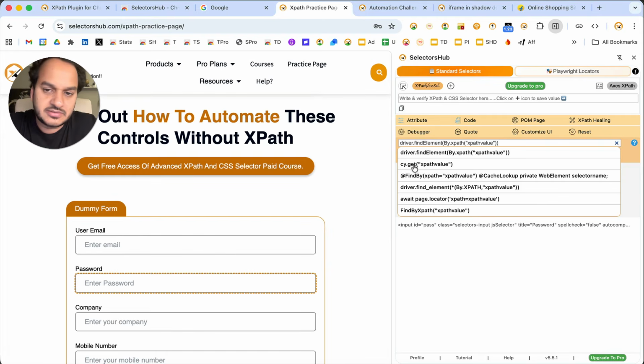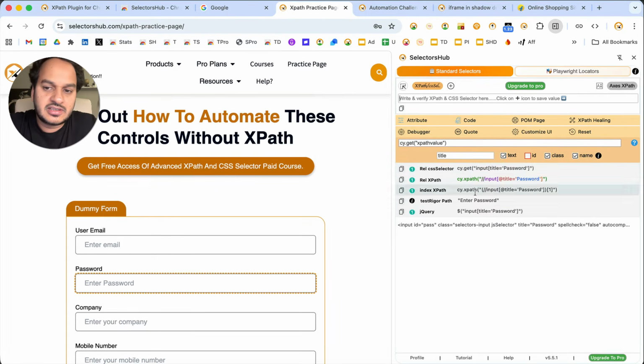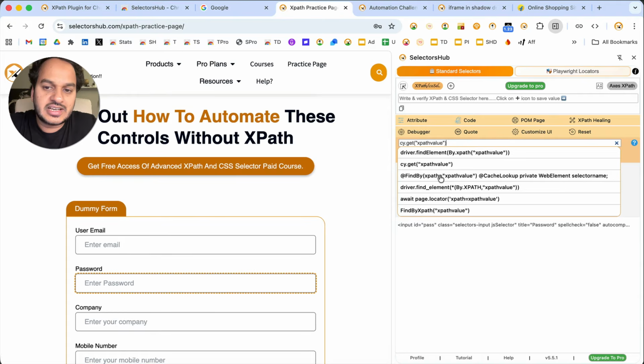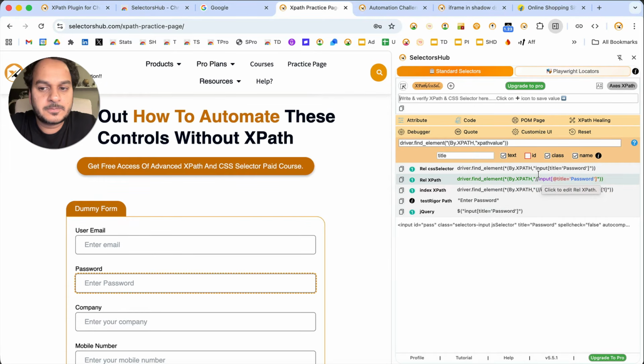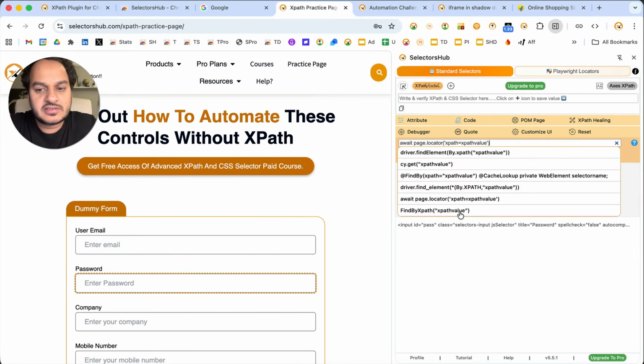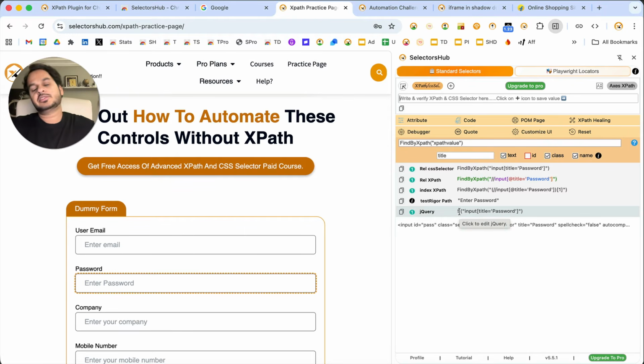You see that if you are working with Cypress, then cy.get and it is here. If you are working with @FindBy, you have this. If you are having some other framework, Selenium with Python, then you can use this. If you are working with Playwright, then you have await page.locator and this. Isn't it amazing? Simple. And if you are using any other framework, then you can just simply change this command. Whatever is your XPath command, whatever is your framework syntax, just replace the XPath with the XPath value